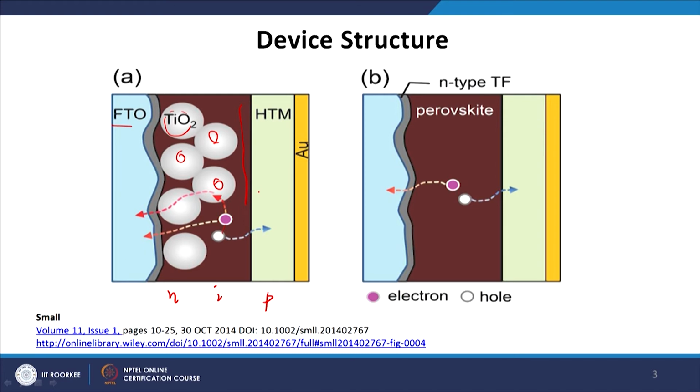We reduce the recombination. So, in addition to wetting the FTO substrate or giving a better surface contact between the FTO and perovskite, both the electron transport material and the hole transport material also act like a filter layer, which allows one kind of charge carrier to preferentially diffuse over the other charge carrier to prevent the recombination loss. So, that is why in this kind of sandwich structure we always put an electron transport layer and a hole transport layer in between the photoanode and photocathode.